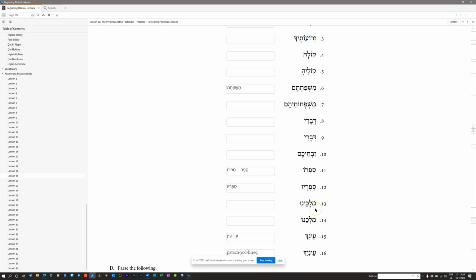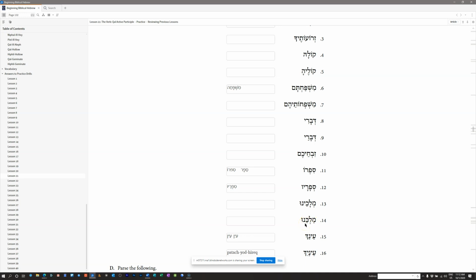Number 13, we've got melachenu. Melachenu, this is going to be melech, rather. And the sere yod indicates plural noun. So we've got our kings. Is that right? I think that's right. And so what's the difference between 13 and 14? I would say that this one here,